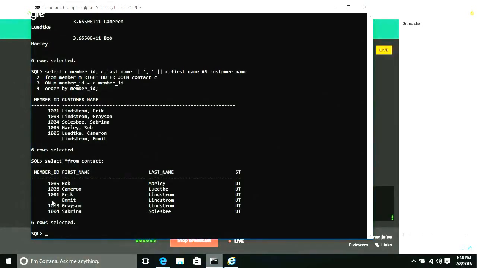Now there is a way to query so that both of our tables have all the null values together, from the member and contact tables. And the way that we do that is with a full outer join. To do a full outer join, we're going to do select, we'll just do the member ID, and we'll do the same piping with